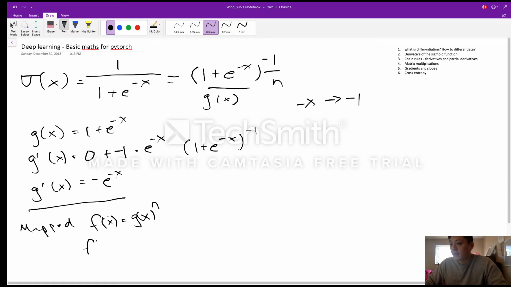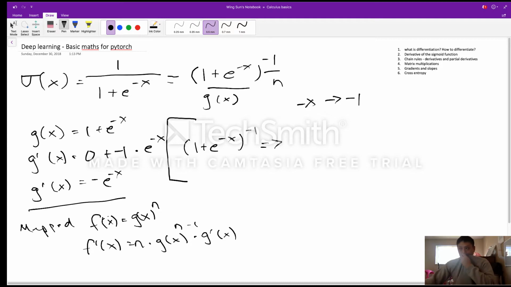So the prime version of that equals n multiplied by g of x to the n minus 1, and then multiplied by g prime of x. Okay, so in this case, here's my function. What will that be? That will just be negative 1 multiplied by g of x, which is just that, plus e to the negative x, and then negative 1 minus 1, that's negative 2,